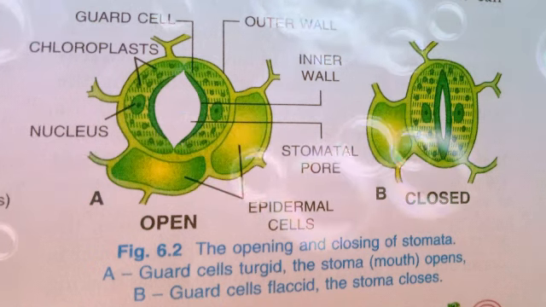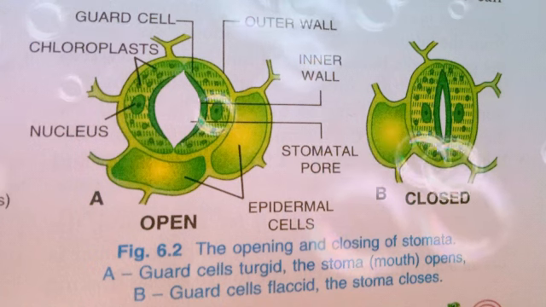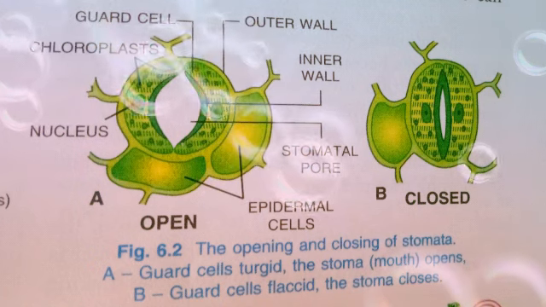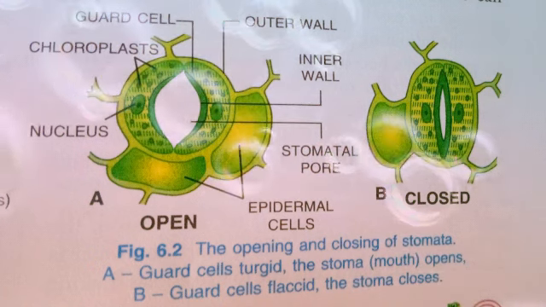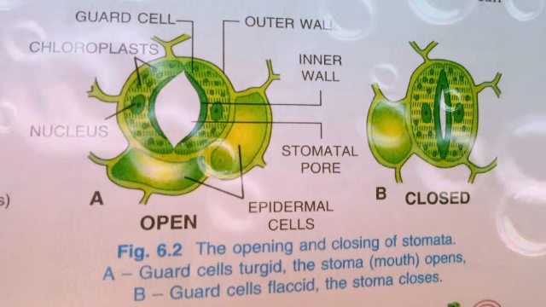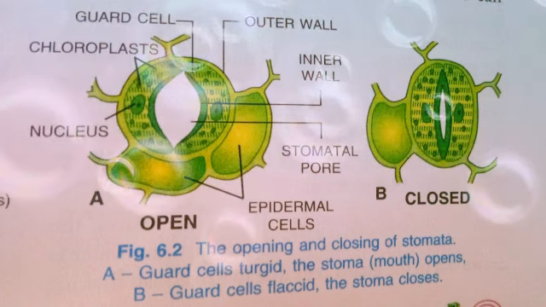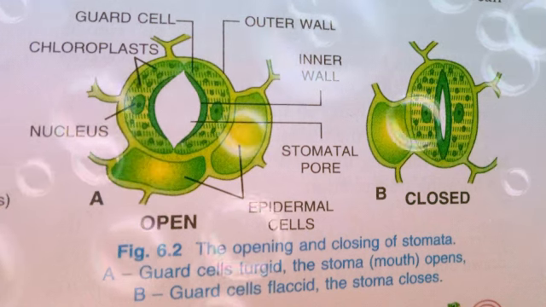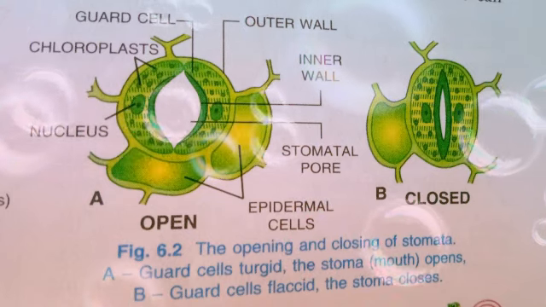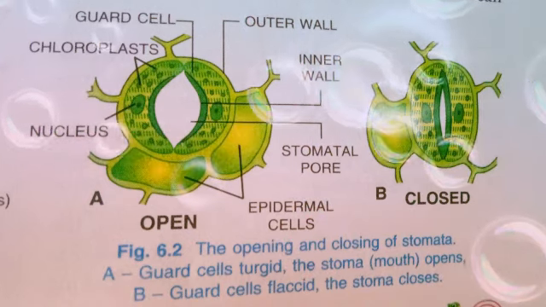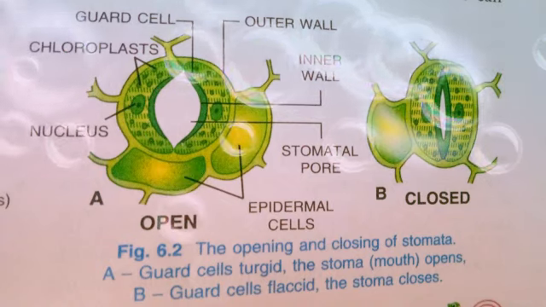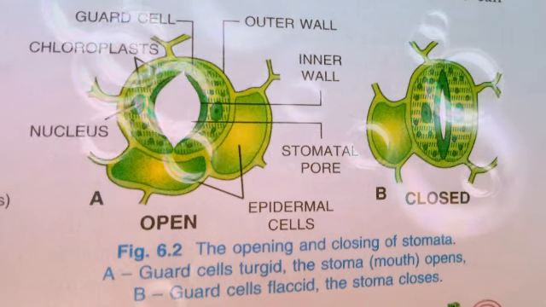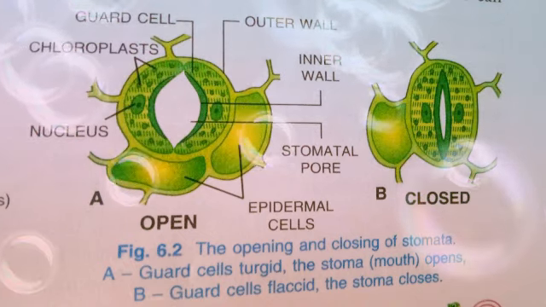The closing and opening of stomata are on account of the movement of water in and out of the guard cells. That is, the guard cells are absorbing the water, and the opening of the pore is absorbing the carbon dioxide. Opening and closing of the stomata are explained by two theories, the potassium ion concentration theory and the sugar concentration theory.